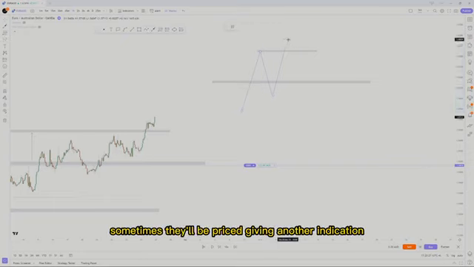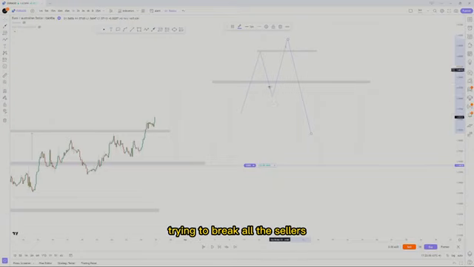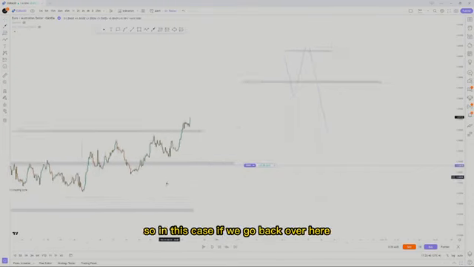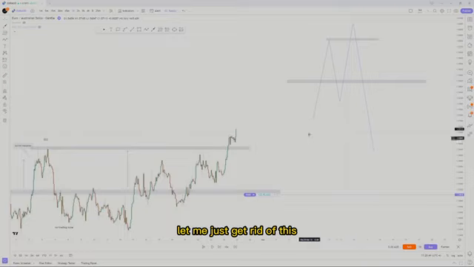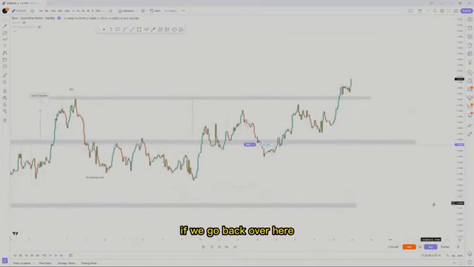Sometimes there'll be price giving another indication, pulling back, real simple, and then continuing. But sometimes there'll be trades where price will continue down, trying to break all the sellers, all the buyers out at once. And this is just totally wiping out the whole market. So in this case, if we go back over here, let me just get rid of this. If we go back over here